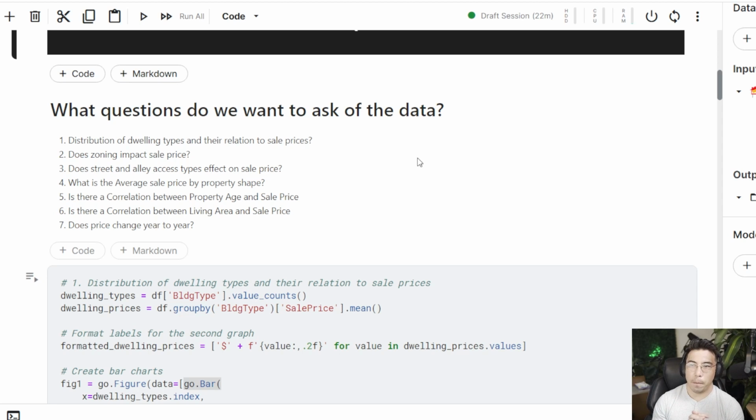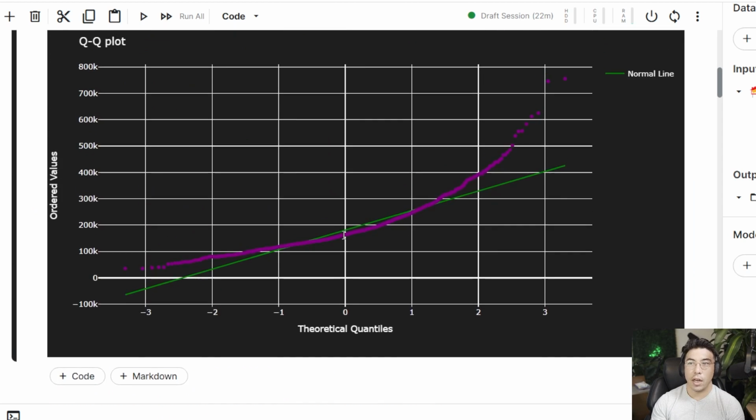So how does the distribution of dwelling types relate to sale prices? Does zoning impact sale price? Does the street and alley access type affect sale price? What's the average sale price by property type? Is there a correlation between property age and sale price? Is there a correlation between living area and sale price? And does price change year to year? So I created this list for myself that we can go through and answer each of these individual questions. I solved this in the same way that I created the other visualizations,